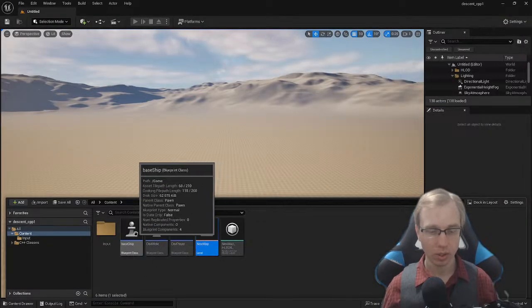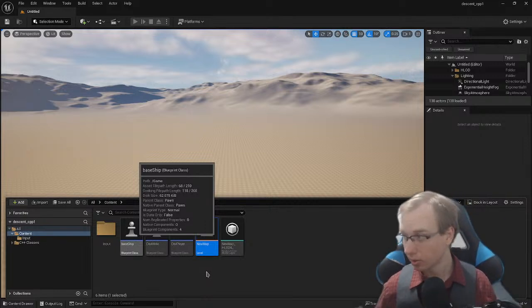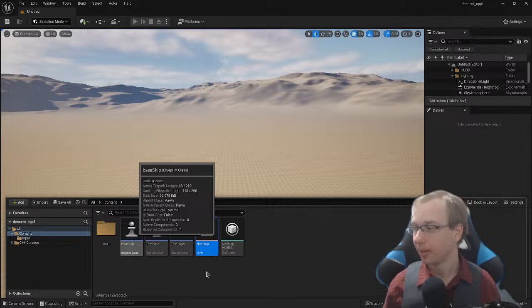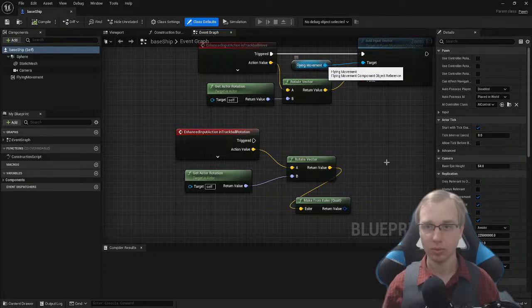Unreal is quite slow today. Don't know why. Come on. Oh, loading it. It's got a loading screen on my other monitor here. There we go. Okay, so